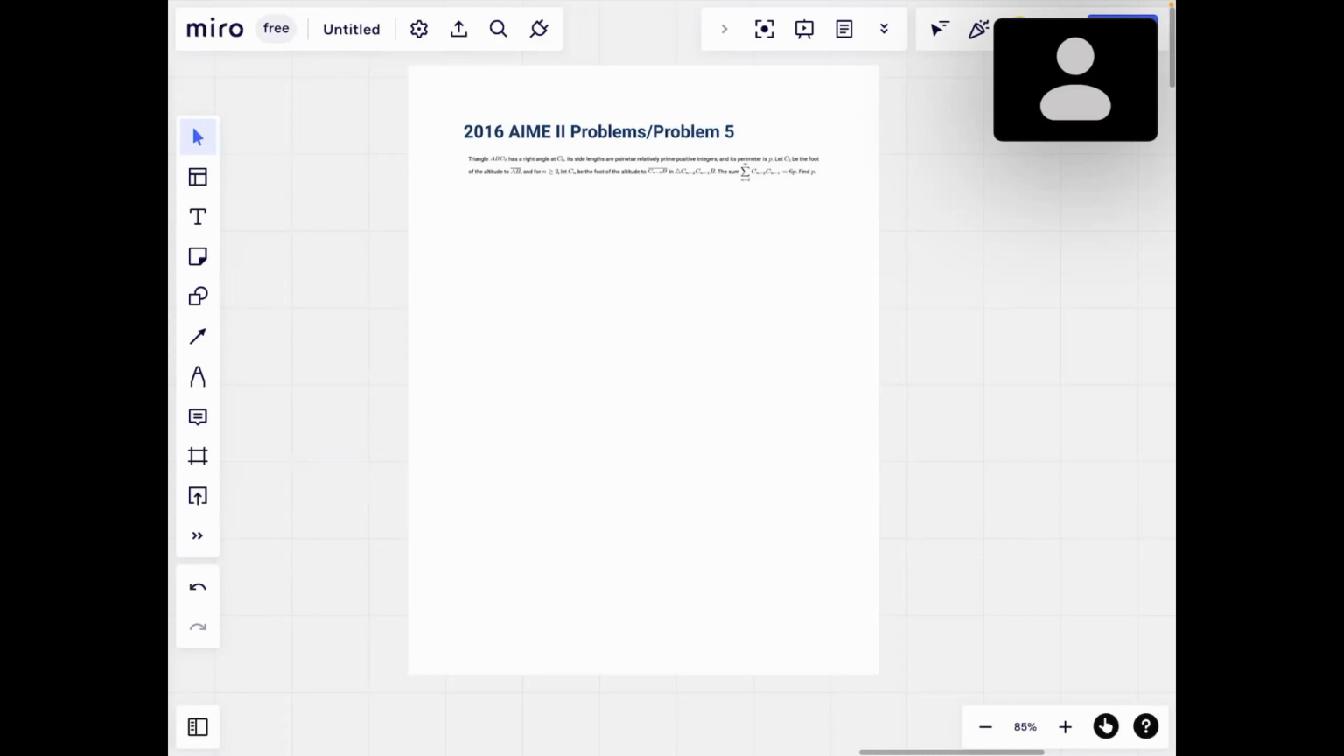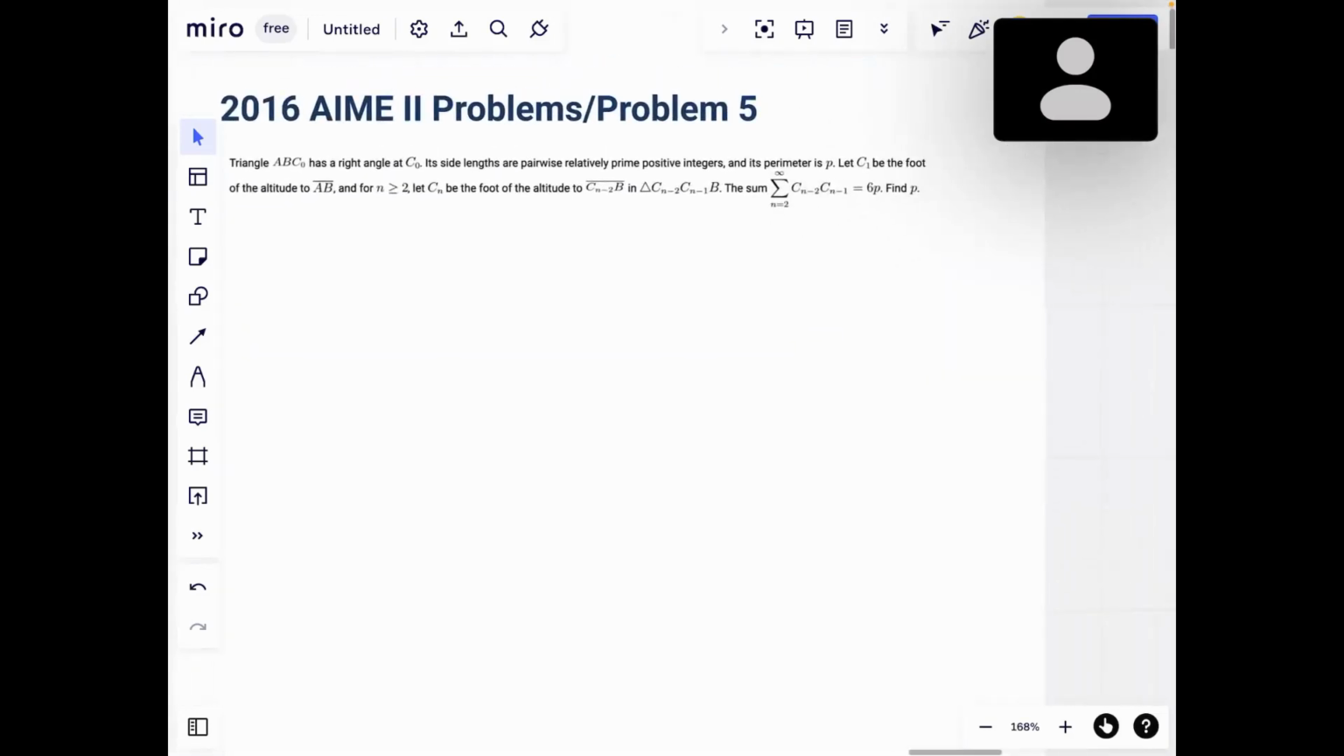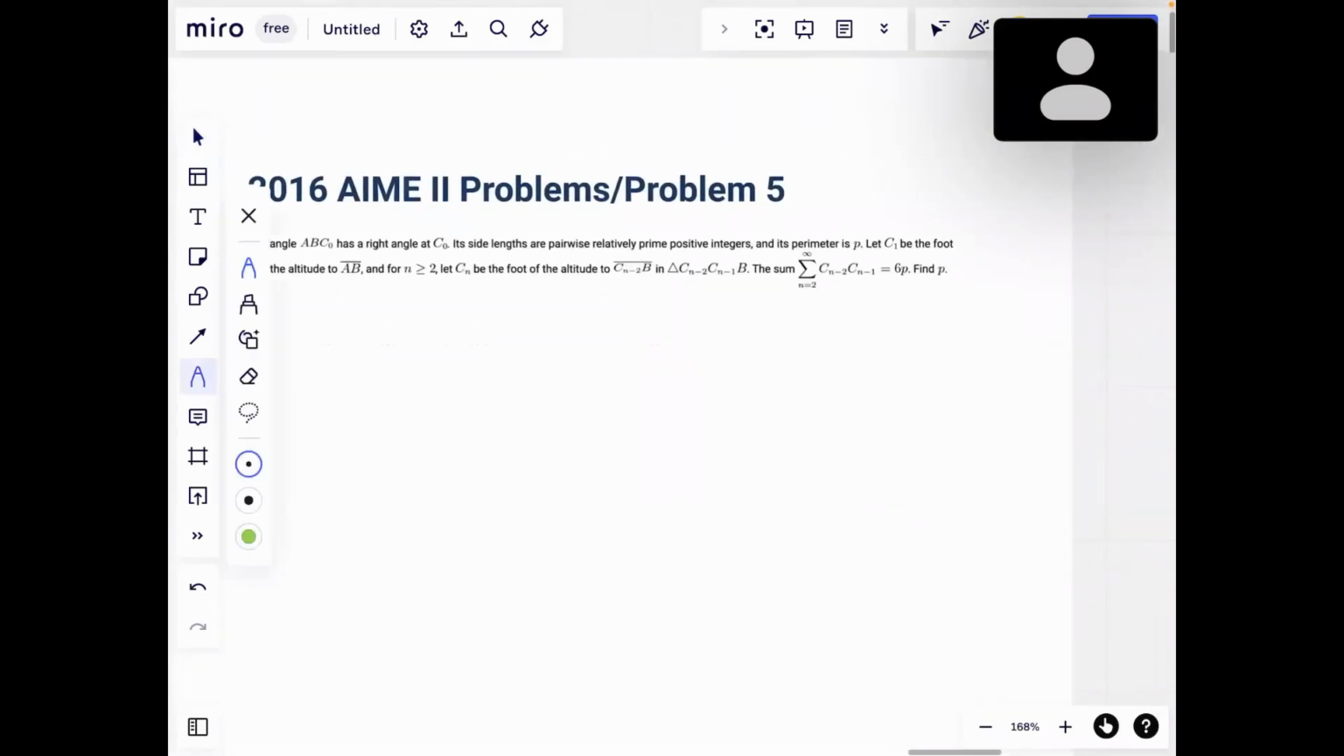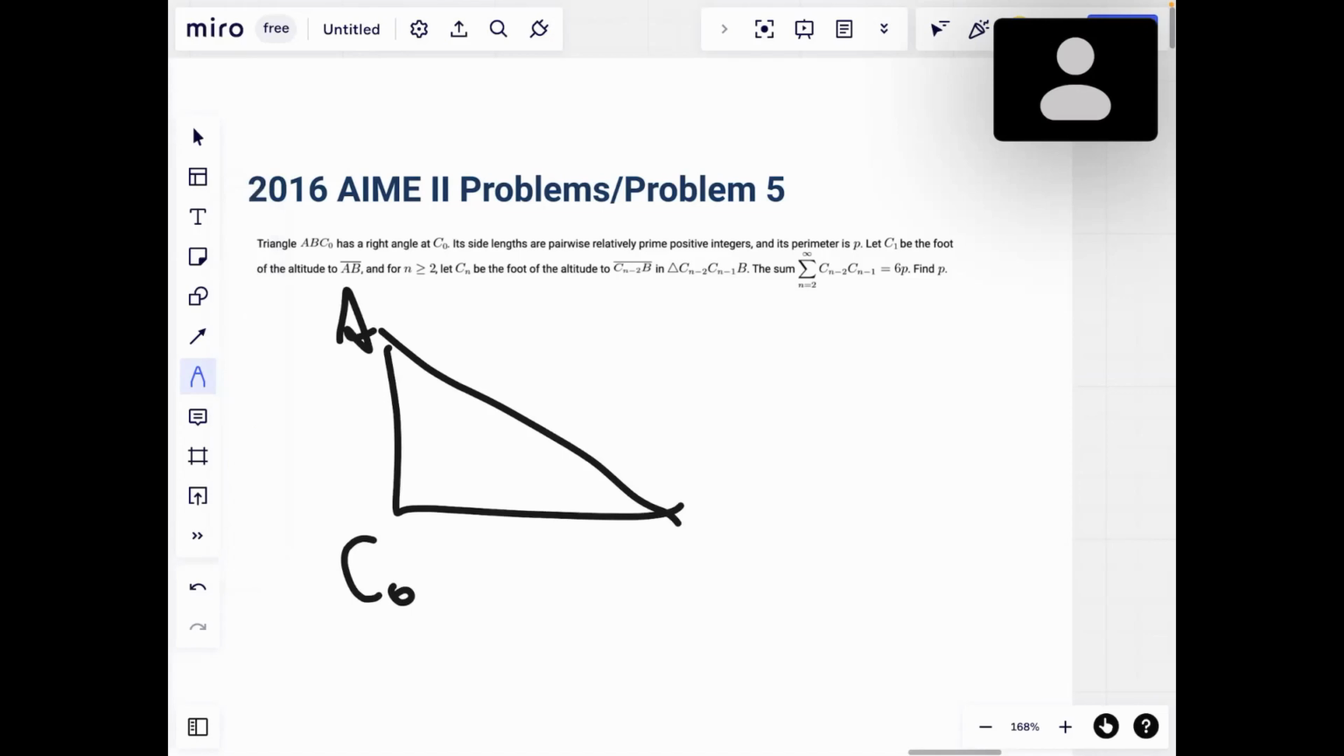Okay, so first we can draw it out, right? So C1 is this foot, and then C2 is here, right? C3 is here. This continues. So we basically need to find the value of each of these segments. And to do this, first we can